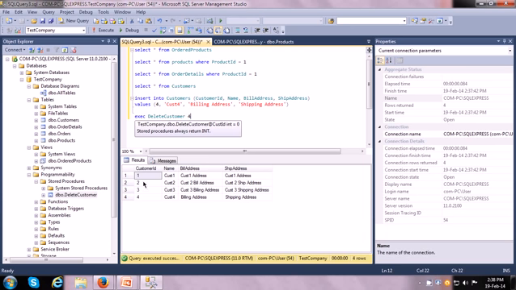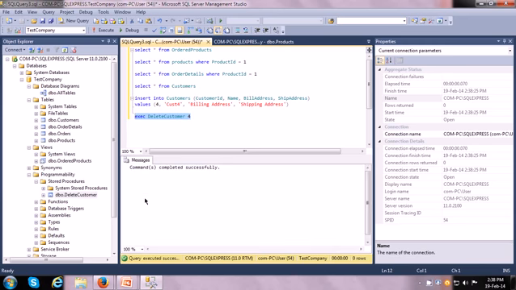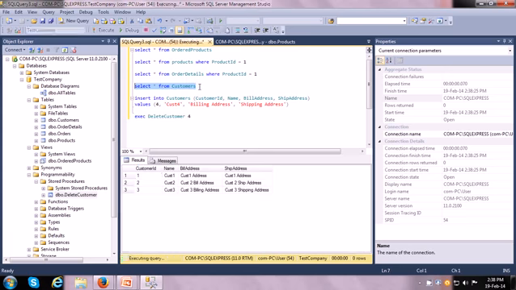Keep in mind that the customers table right now contains 4 rows, and there is a customer ID of 4 in one of the rows. Now let me execute it. It says command executed successfully. Let me again see the data in the customers table, and yes, it is actually gone. The customer with customer ID of 4 is gone from here. So the stored procedure is working correctly.